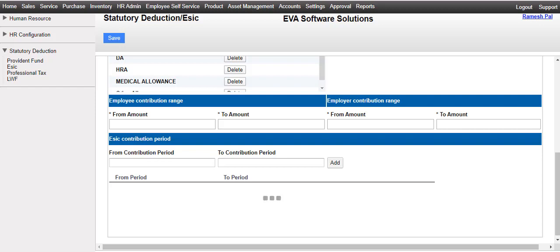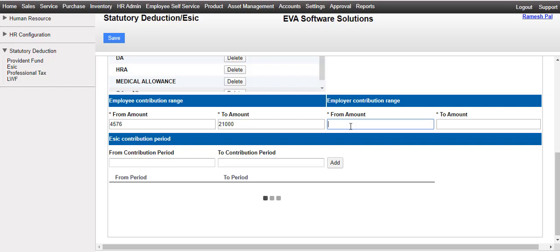So in From amount, I will enter 4576. And in To amount, I will enter 21,000. So from this entry, it is clear that the employees whose gross earning is between 4576 to 21,000 are only applicable for ESIC contribution. Now we will talk about employer contribution range.